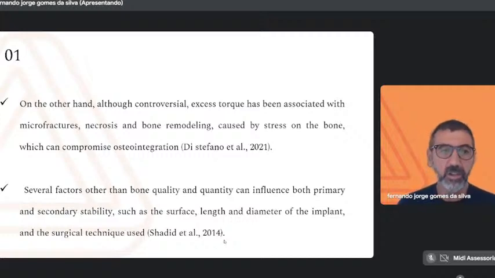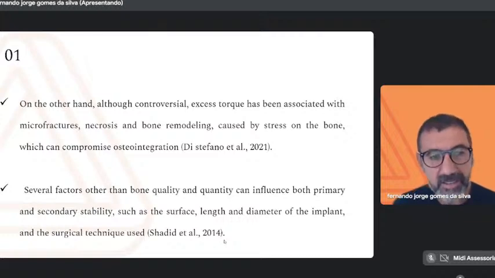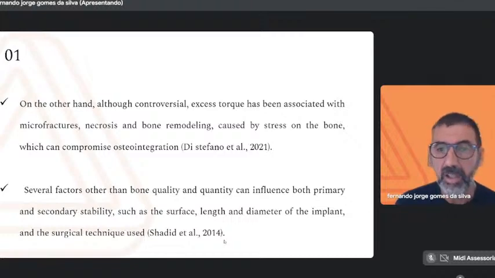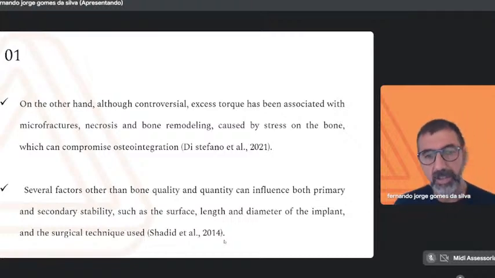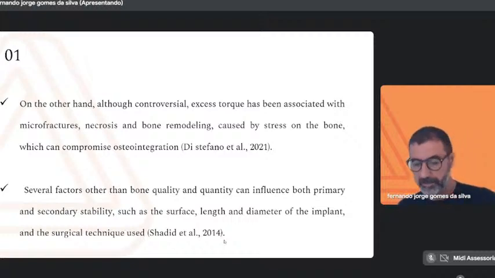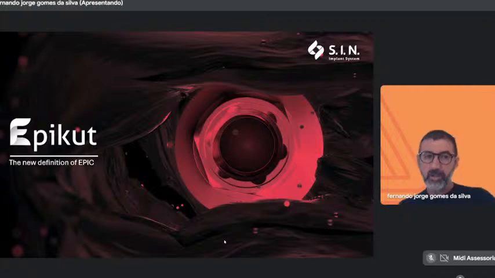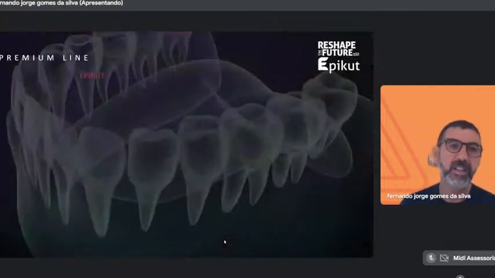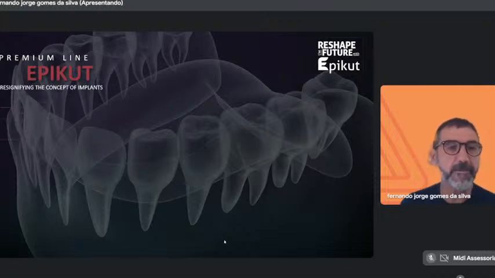It's the ideal. So Sadid and all in the study of 2014 said there are several factors that can influence both primary and secondary stability, such as the surface, length, and diameter of the implant. Also, the surgical technique used. So S.I.N, about this problem, developed an implant that is EpiCut. And EpiCut is a premium line implant with some particularities,